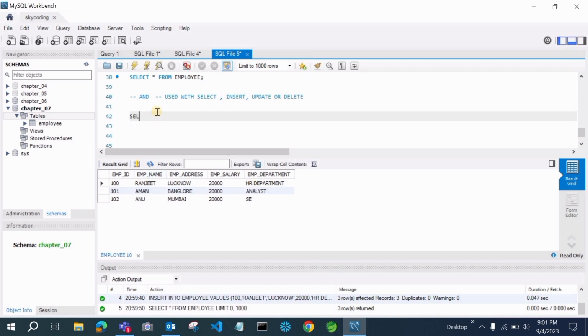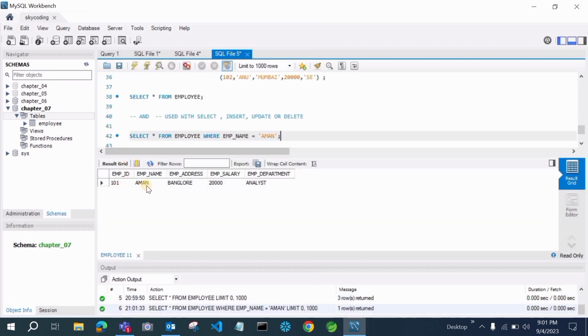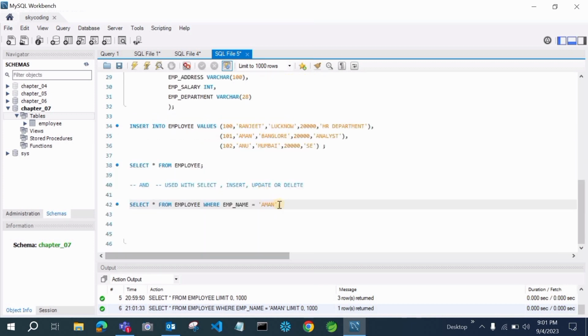For that, you write the query: select asterisk from employee where emp name is equal to, suppose, Aman. Whenever you execute this query, it will show you the data for Aman only. It is not showing the data of any other employees. And our requirement is to get the data where employee name is Aman and emp department is